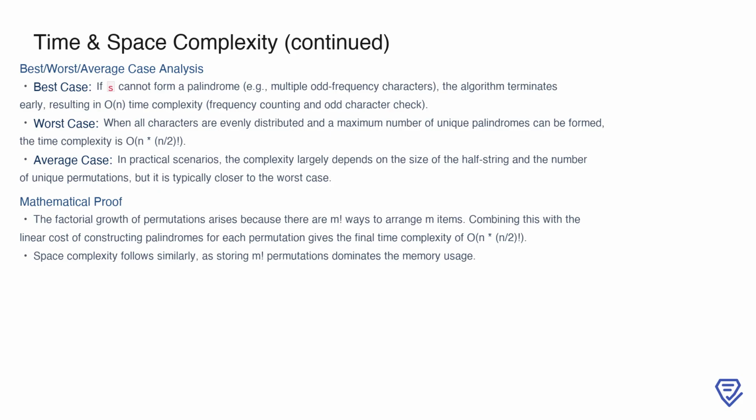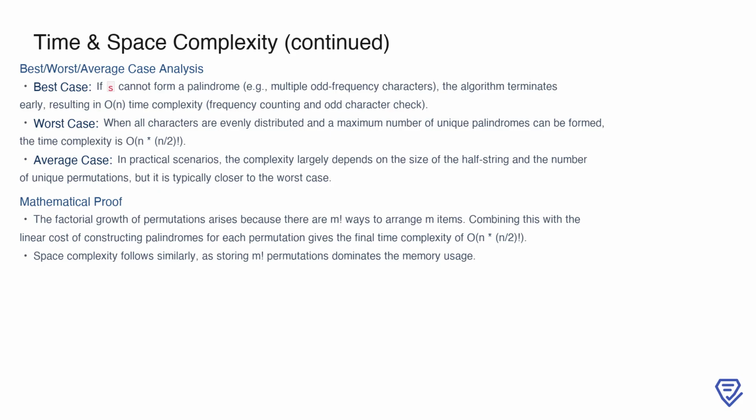Finally, let's consider the best, worst, and average case scenarios for this algorithm. In the best case, if the string cannot form a palindrome due to multiple odd frequency characters, the algorithm terminates early after frequency counting and the odd character check, resulting in O(n) time complexity. In the worst case, when all characters are evenly distributed and the maximum number of unique palindromes can be formed, the time complexity reaches